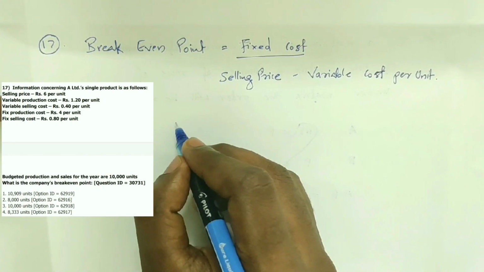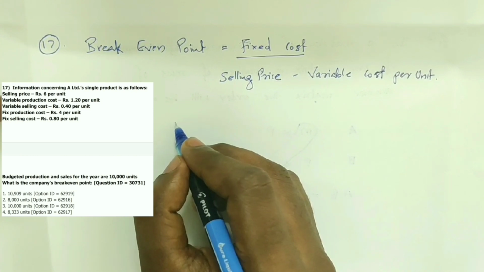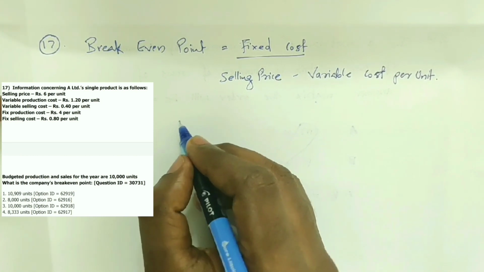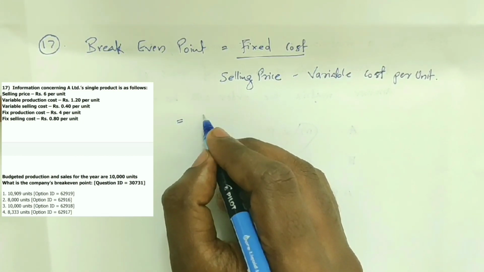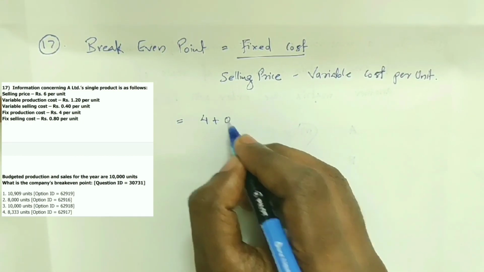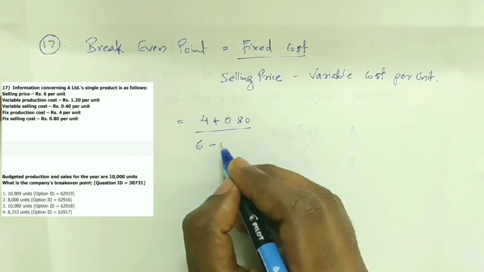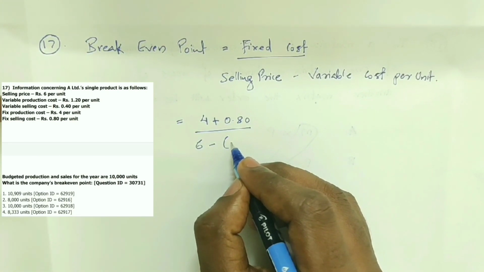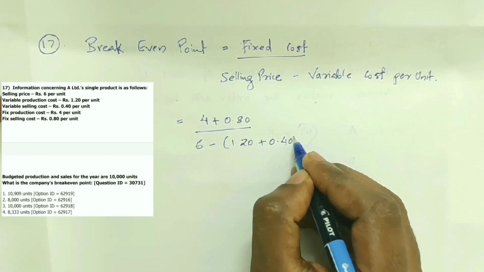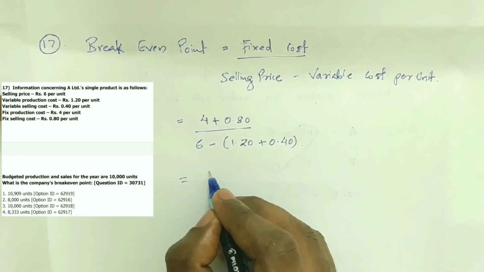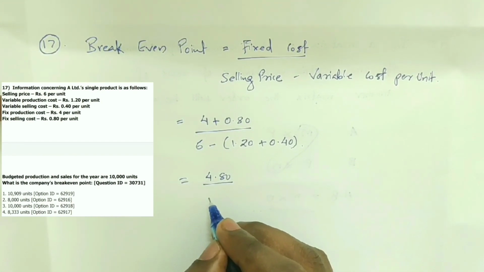Likewise, variable cost per unit also includes variable production cost and variable selling cost. So substituting the values, 4 plus 0.80 by 6 minus 1.20 plus 0.40, is equal to 4.80 by 4.4